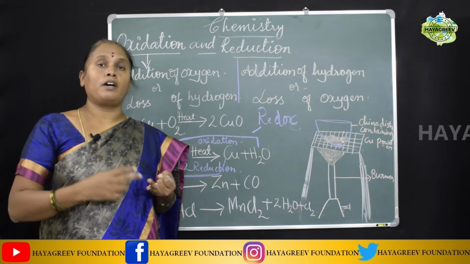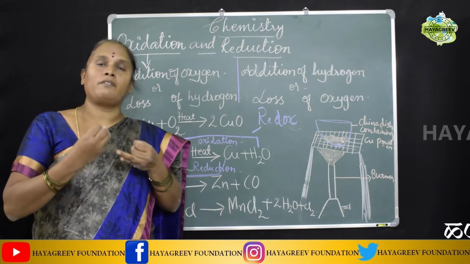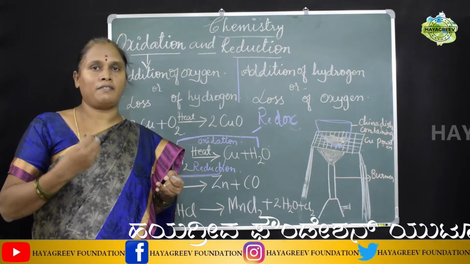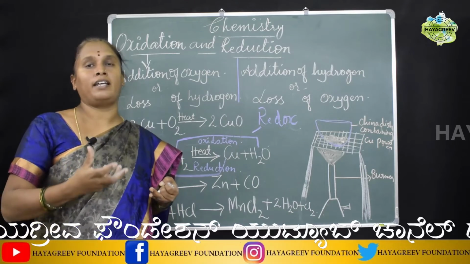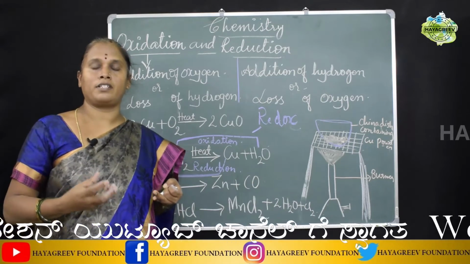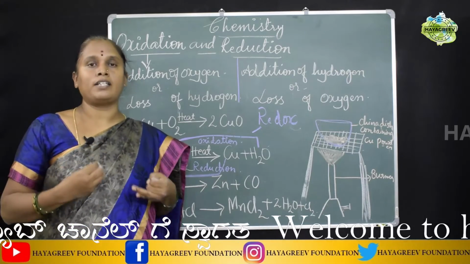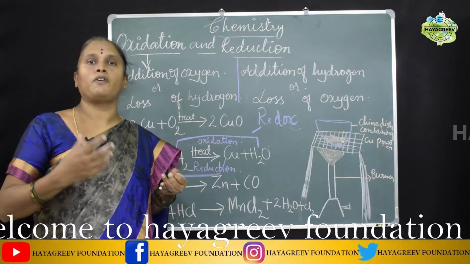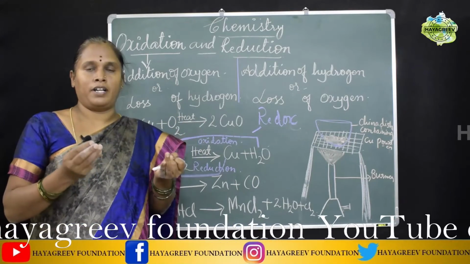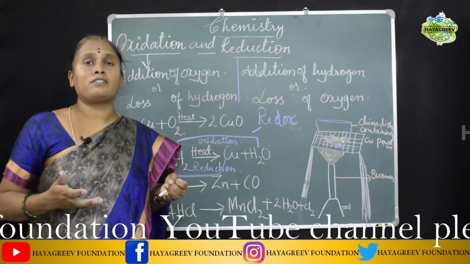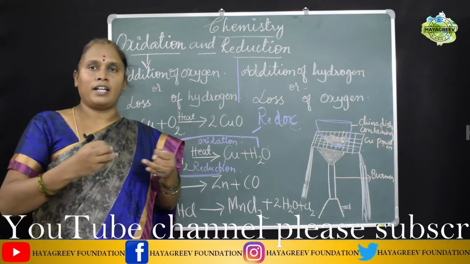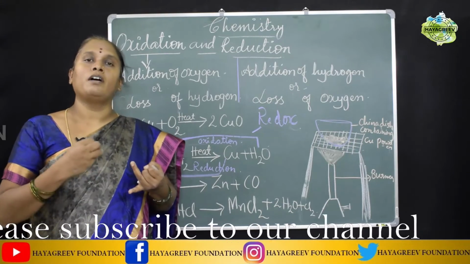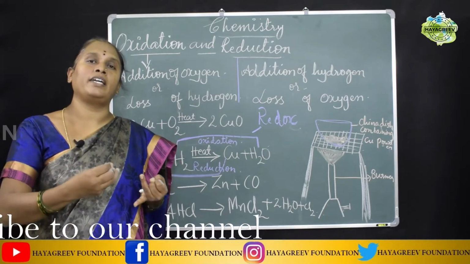So what is corrosion? Corrosion is a process by which there is loss of metals because of oxidation of these metals. A classical example is iron exposed to atmospheric oxygen. It undergoes rusting. Rusting is a process wherein the surface of iron, when exposed to oxygen, forms iron oxide, which leads to damage of the metal. This causes a lot of loss to the economy of a country because of the damage to exposed iron.